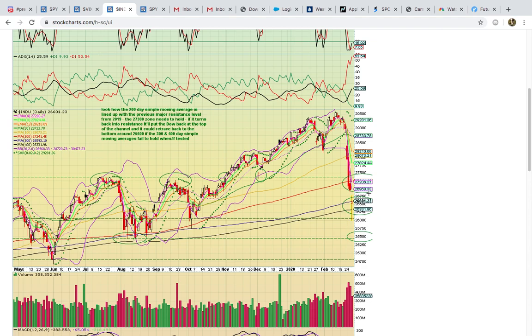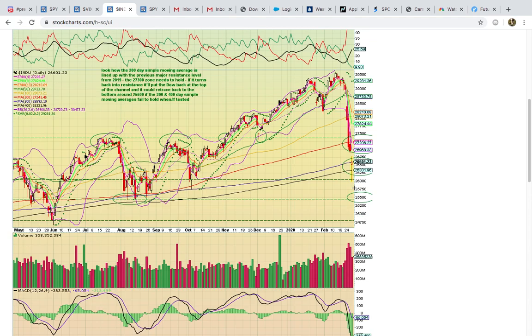And so today's candle well below the lower Bollinger Band during a pullback signals that the candles could work their way back into the bands. On a big bounce, what you look for is a move back to EMA4 at 27206. Usually EMA4 for stocks in a downtrend will signal a temporary top when you get a bounce back from the lower Bollinger Band. So if the Dow comes up and it fails to break the 200-day simple moving average at 27241,